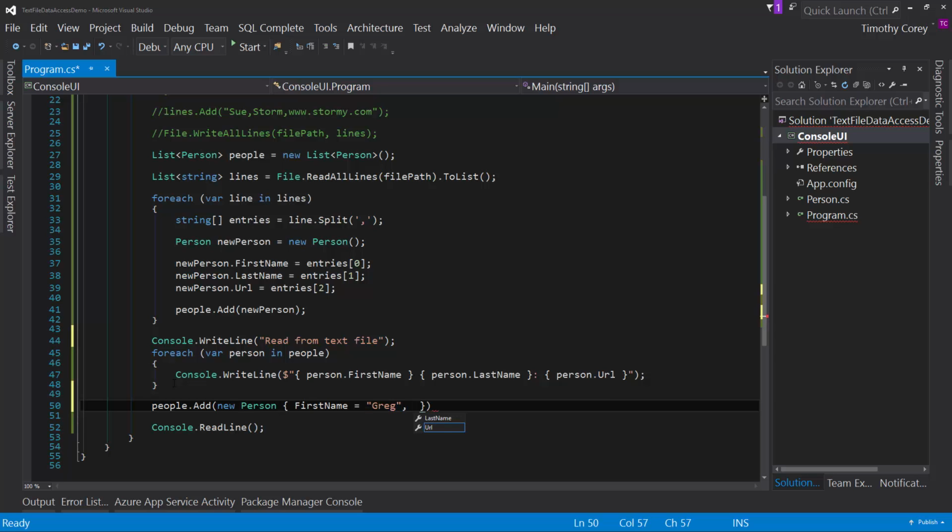We'll add Greg Jones. And Greg's URL is www.test.com. All right, if you're not familiar with syntax, what I'm doing here is I've got a list of people, each